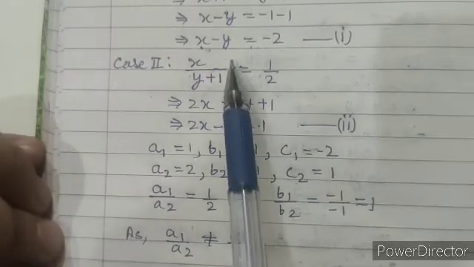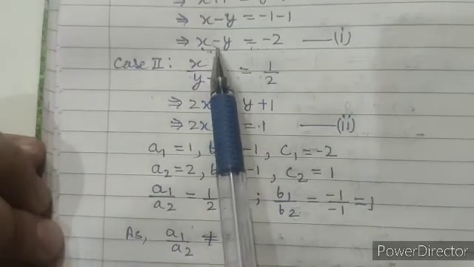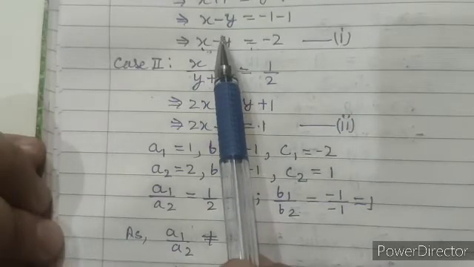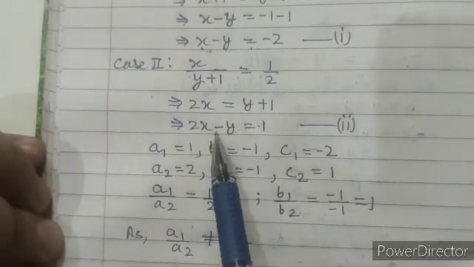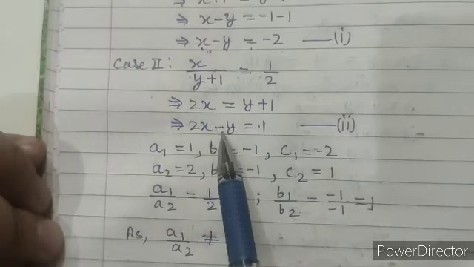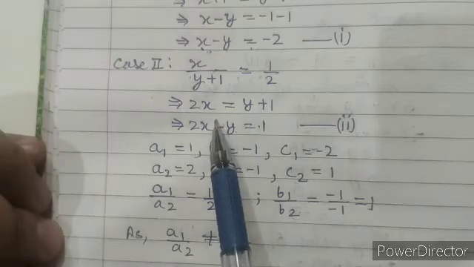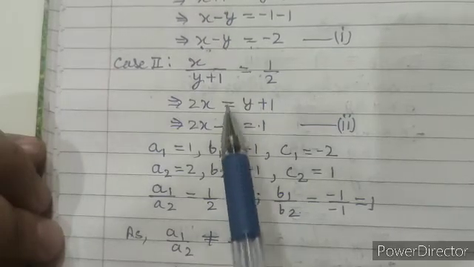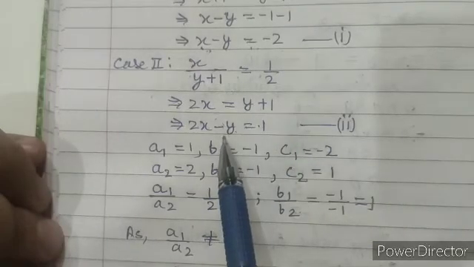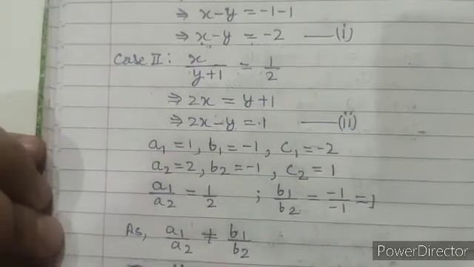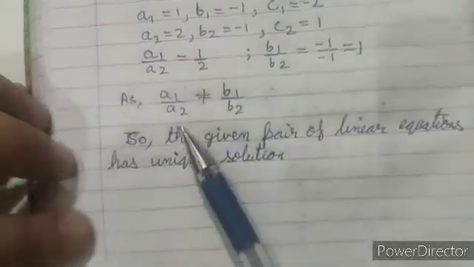The sign of the coefficient of y is minus 1, negative, and in equation second also the sign of the coefficient of y is negative. So the sign of the coefficient of y in both equations is the same, so we will subtract them. So on subtracting equation second from first,